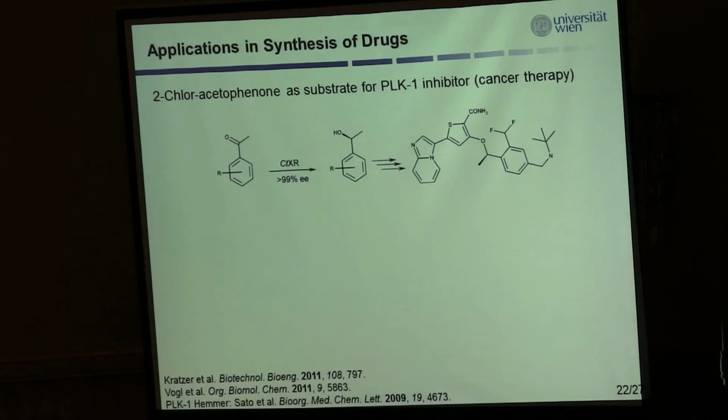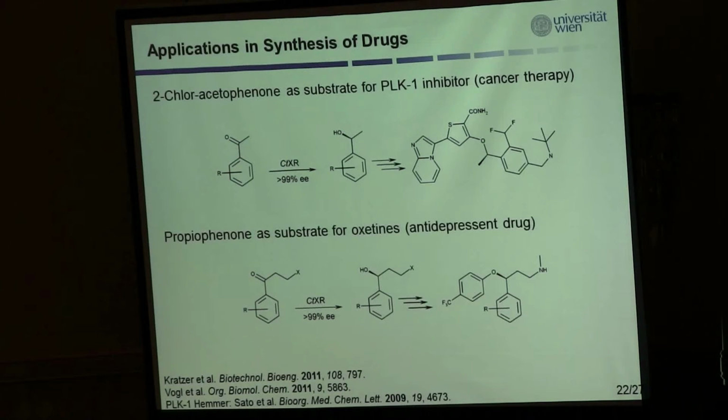Why are we interested in that one? And that leads me now to a brief application. We can use it as a substrate for a PLK1 inhibitor, but also as a substrate for Oxetines, which are antidepressant drugs. And we focused